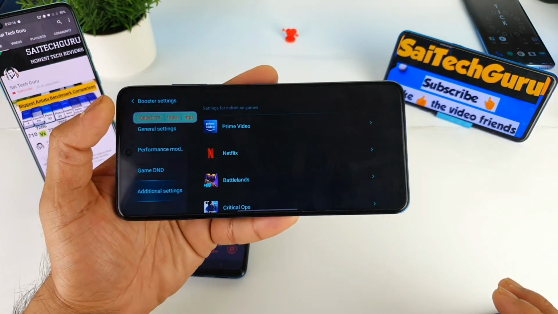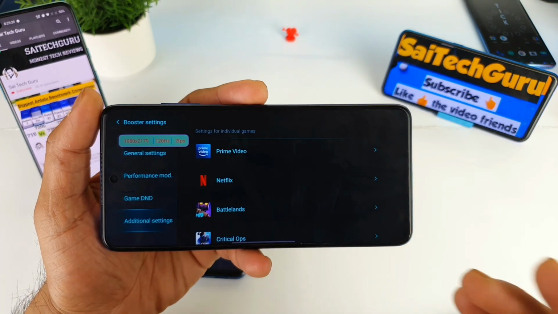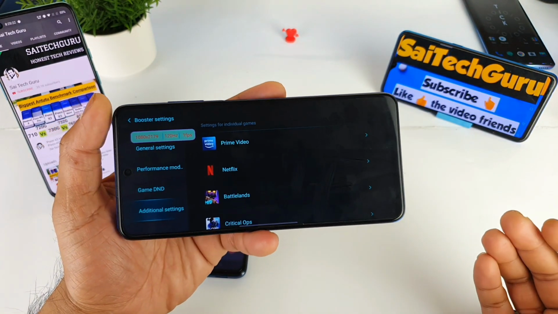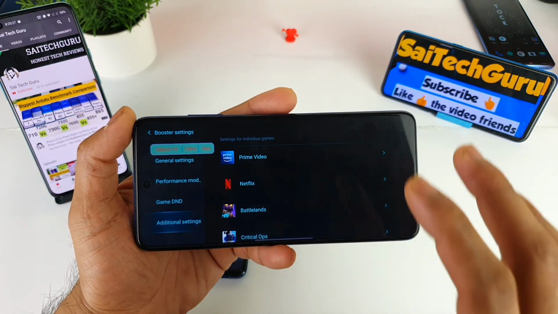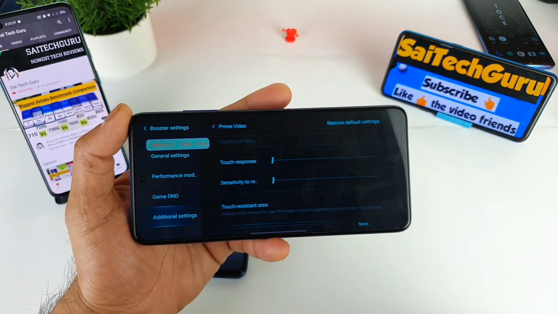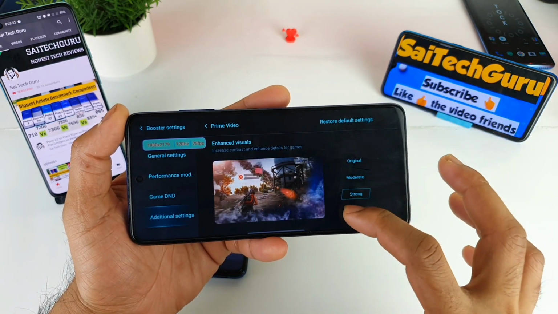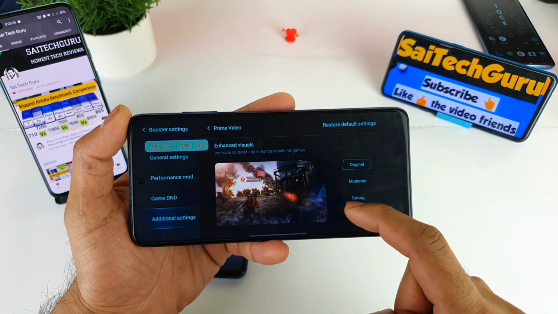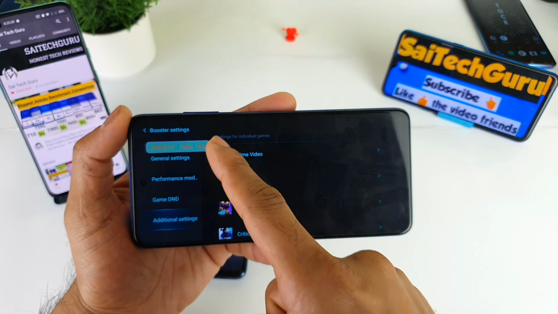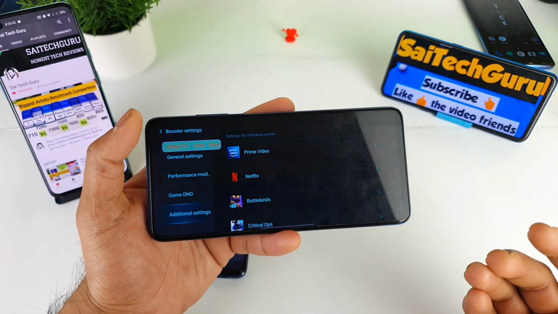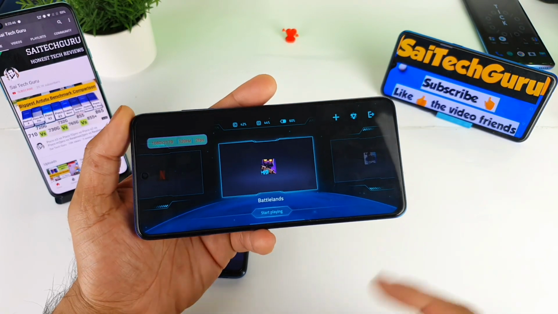And if you go to the advanced settings, as you can see friends, right now I did add the Prime and the Netflix. You might be thinking why the hell I did add this kind of applications in the game, but there is a catch. If you go to the settings and if you open this Prime Video, and if you scroll down, there is an option of this extreme colors where you can change. So that is the reason why I did add the Amazon Prime and the Netflix to the Game Turbo, where I can increase the colors whenever I want. That's a good advantage, which I'll be demonstrating to you after some time.